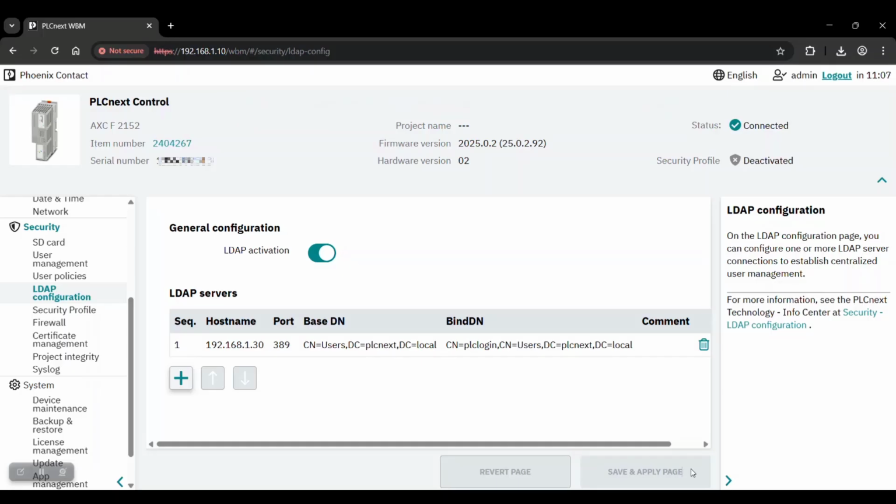Note that we have not configured any new users in the PLC Next control device itself. We can now log out and attempt to log in using one of the usernames in the Microsoft Active Directory server.